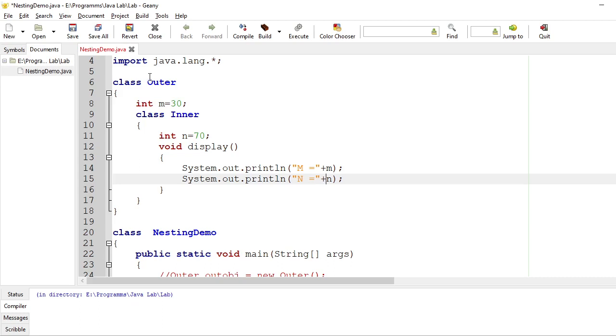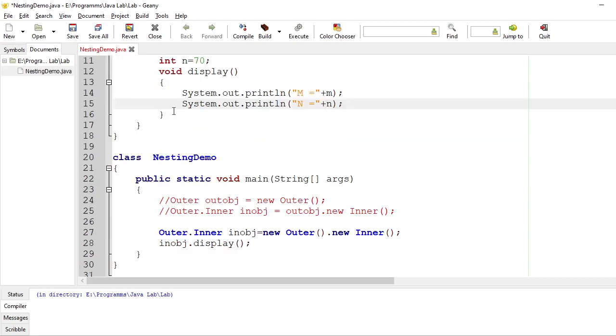Once I have created the outer class, I have to show the demo of that outer class. For that, I have created NestingDemo here. Remember, as I told in the previous class, it is good practice to write the public keyword in front of the class which contains the main method, and sometimes it will give you an error here.